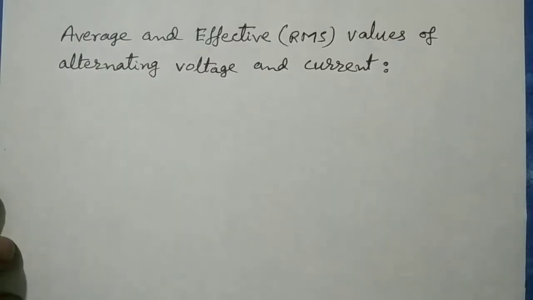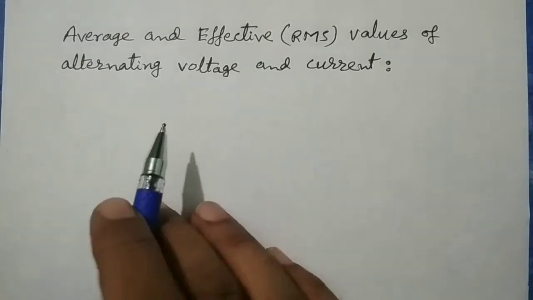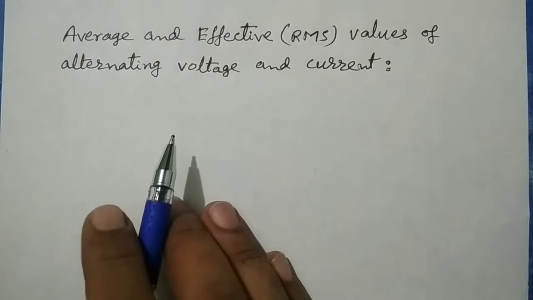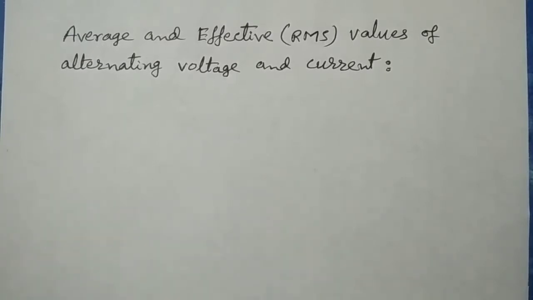The topic is average and effective value of alternating voltage and current. Now, before we discuss the average and effective values, we know that in a DC system, the voltage and current are constant. Therefore, their magnitude can be easily found out,